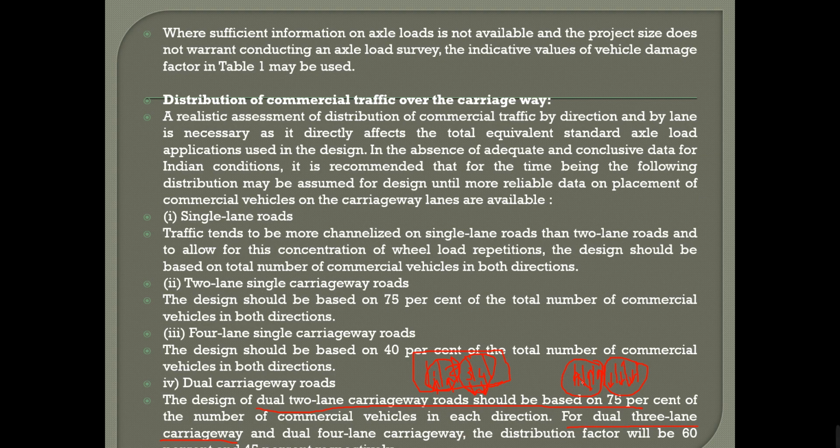For that dual 3-lane carriageway, the distribution factor you are going to consider is 60. And for a dual 4-lane carriageway, will the distribution factor increase or decrease? It will obviously decrease, from 60 to 45. Suppose a dual 4-lane carriageway, what can we call this with another name? Can you tell me? A dual 4-lane carriageway could also be called as,